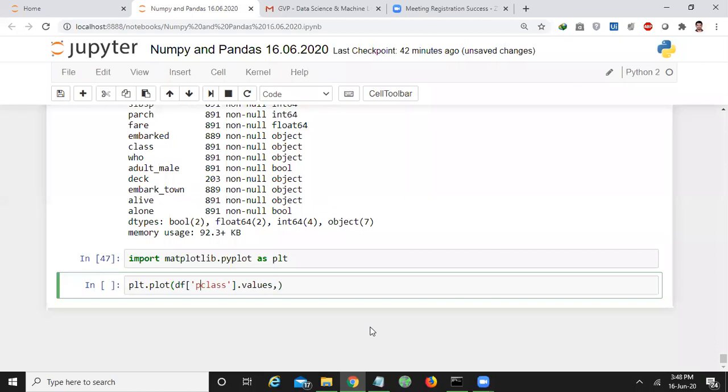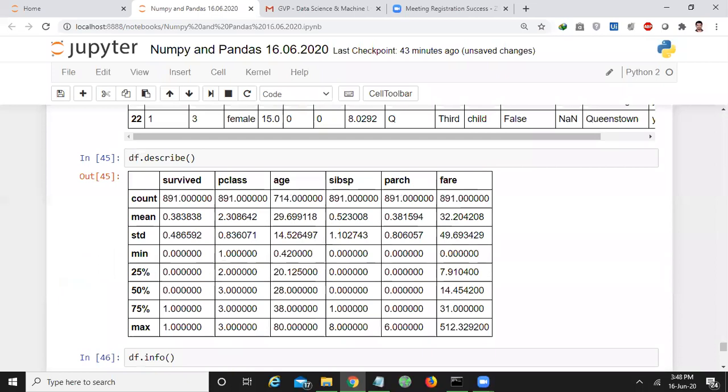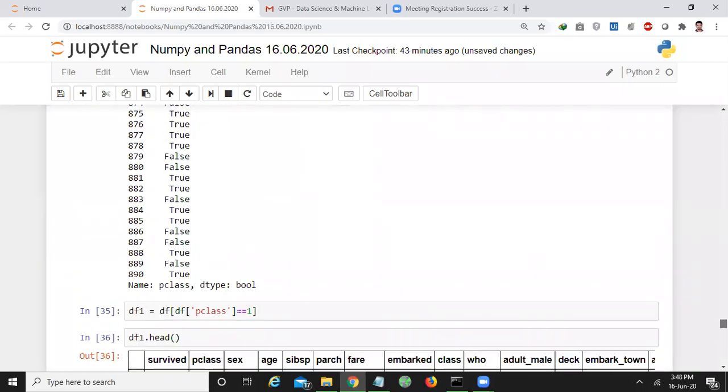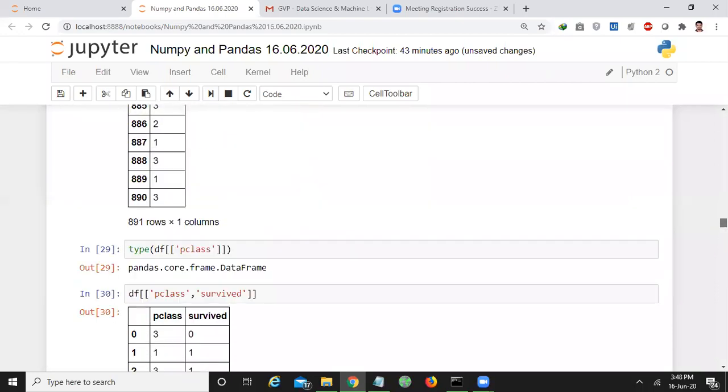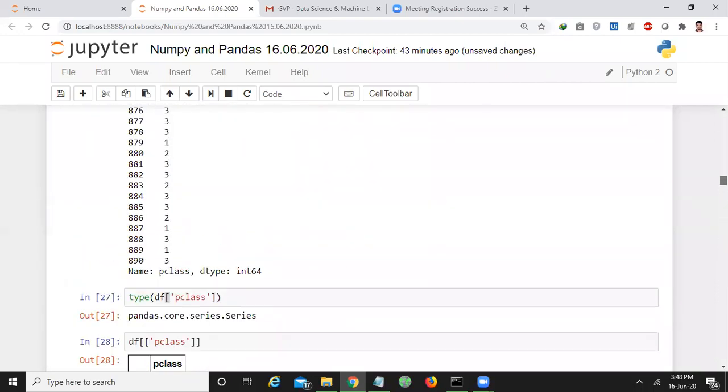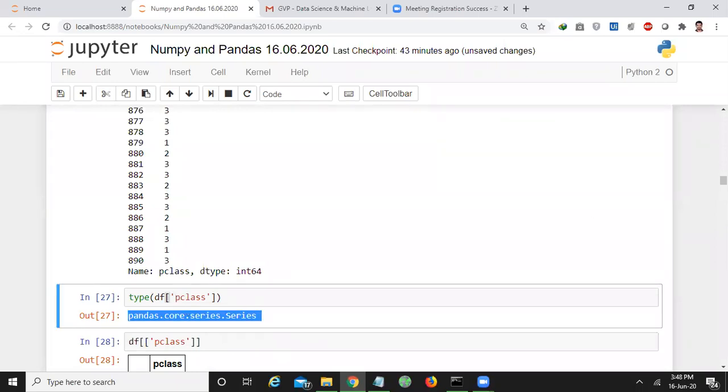You may get a doubt: sir, what is df of pclass dot values? What is the type of df of pclass? It is a series, as we have already seen.